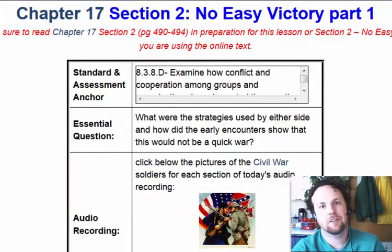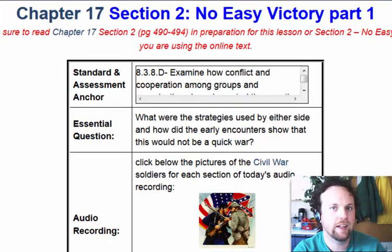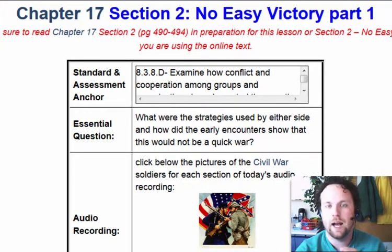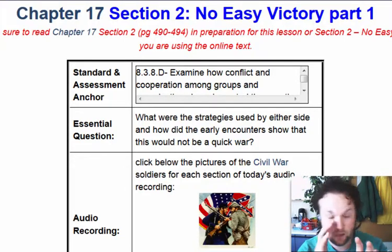Hello and welcome back. Today we're looking at Chapter 17, Section 2, Part 1, No Easy Victory. Chapter 17, Section 2 is a little bit on the longer side. There's a lot of stuff in it, so I decided to break it into 2 days because today we're going to be starting to look at, among other things, some of these specific battles that were being fought between the